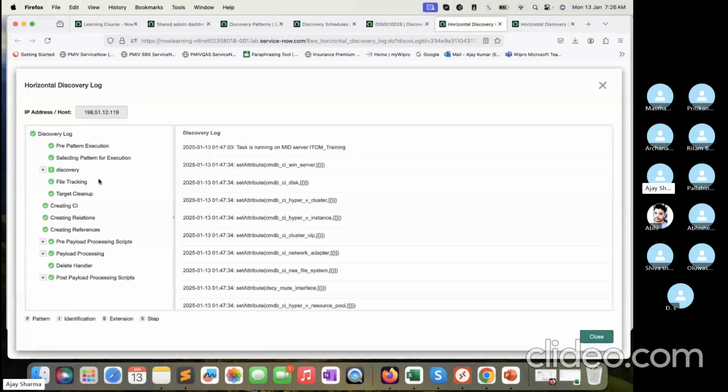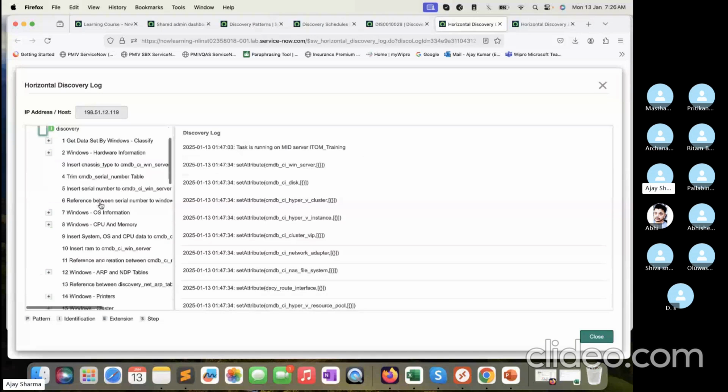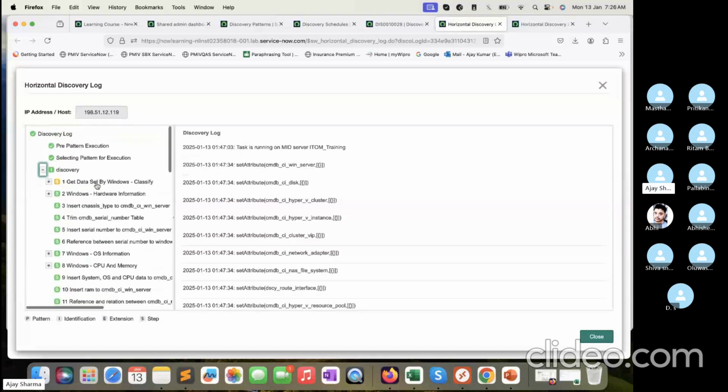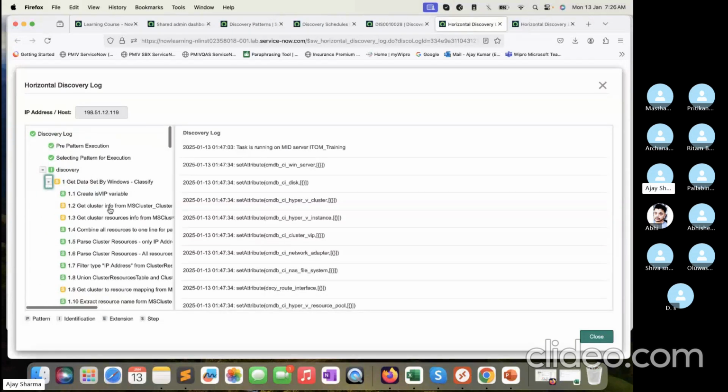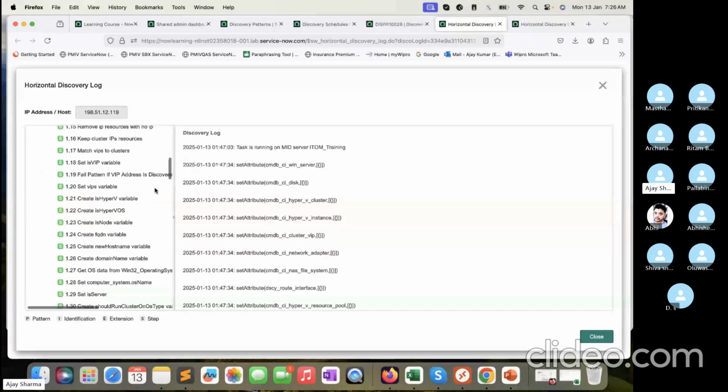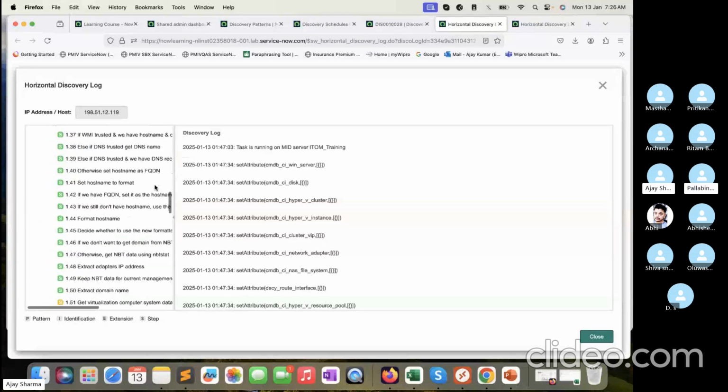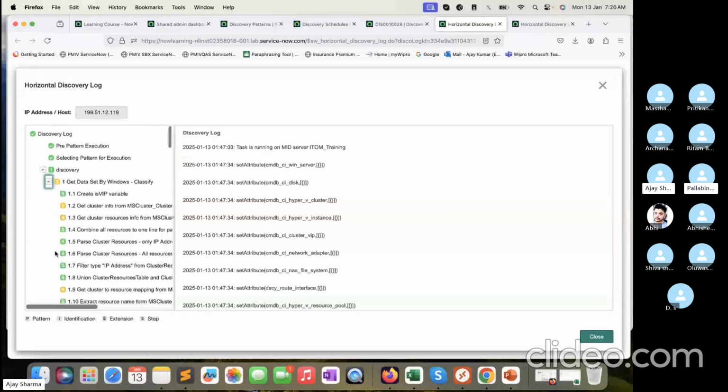Okay, if you see, everything is green except yellow. Yellow or red means that particular step doesn't have any data. The particular step has been missed or not completed due to some access issues or something, right? So if you see, all is green here except this particular yellow one. And if I go to this,